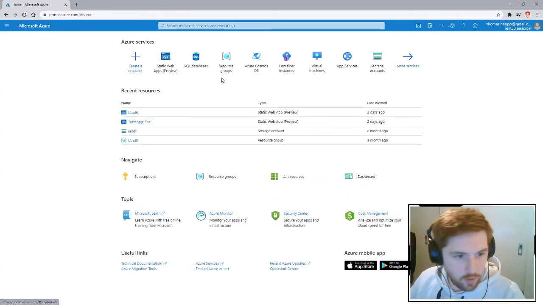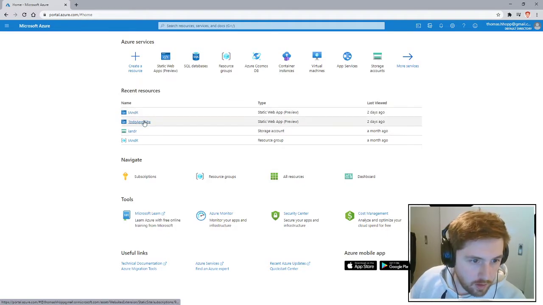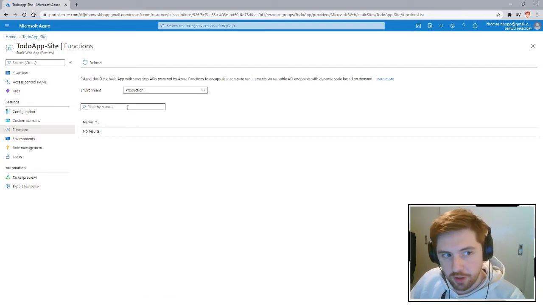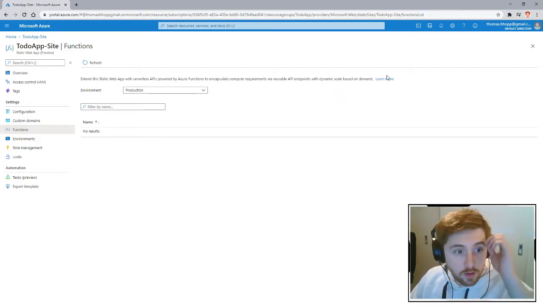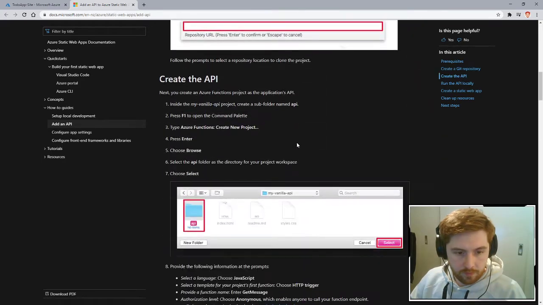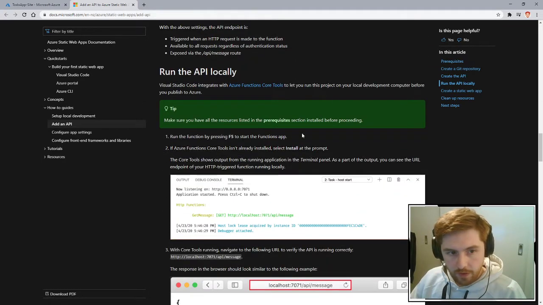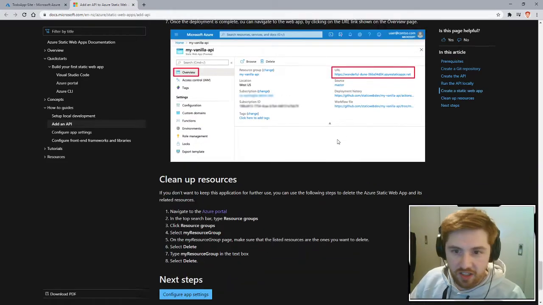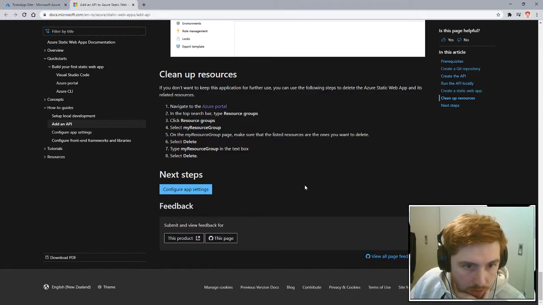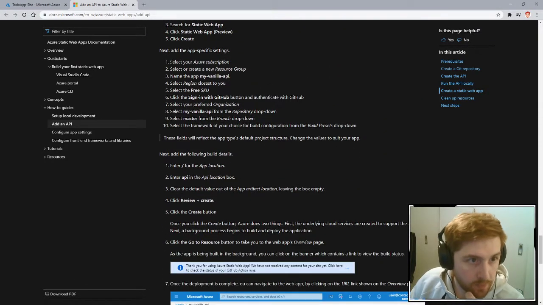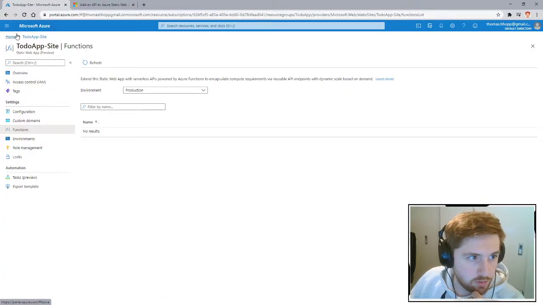So the static web apps, the To-Do website, they have something built in for your functions. So yeah, that's a really easy way to add them. I'm not sure how the hosting exactly works, but you can also